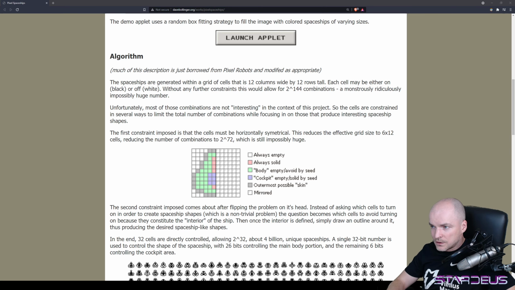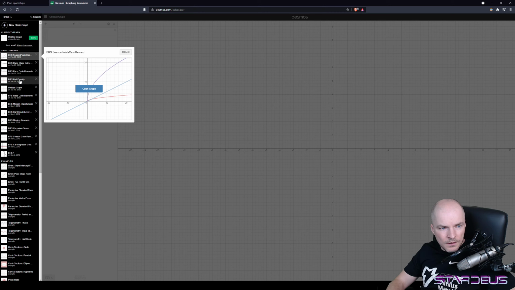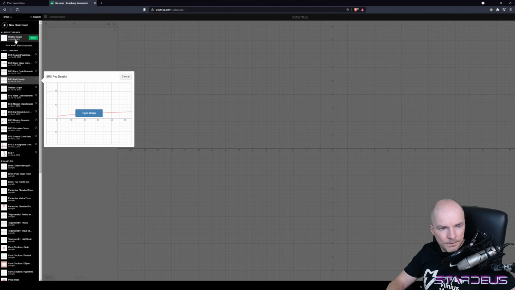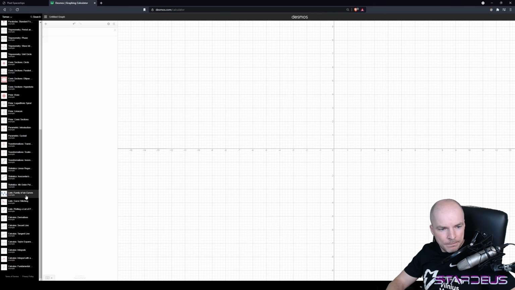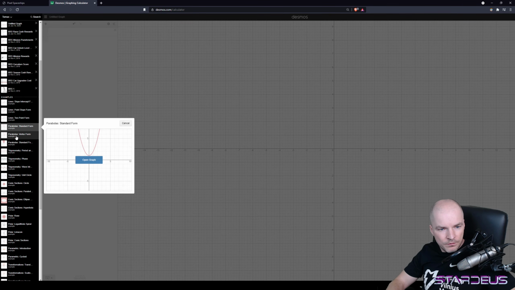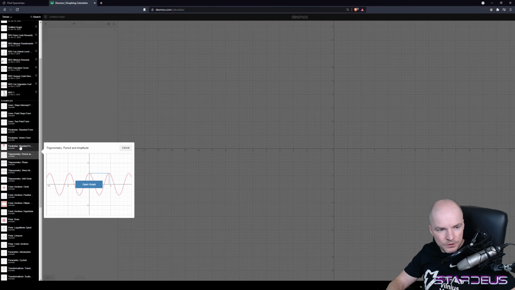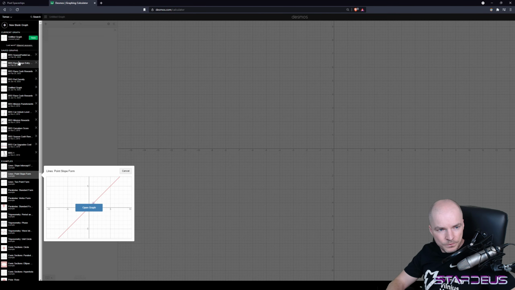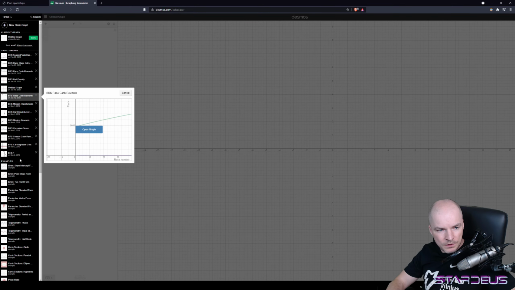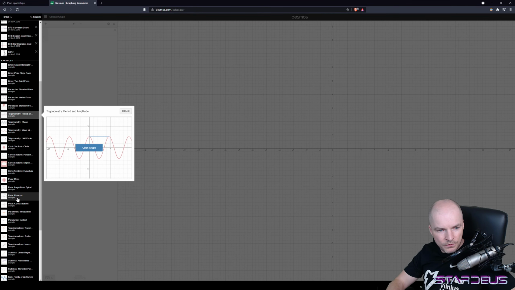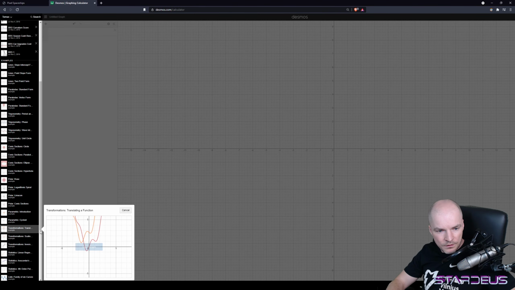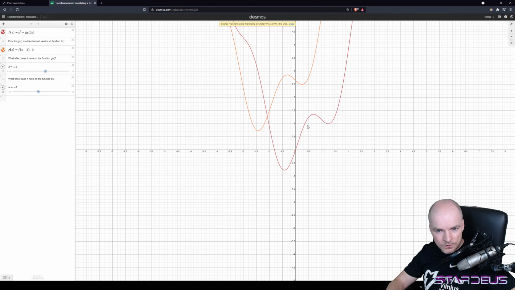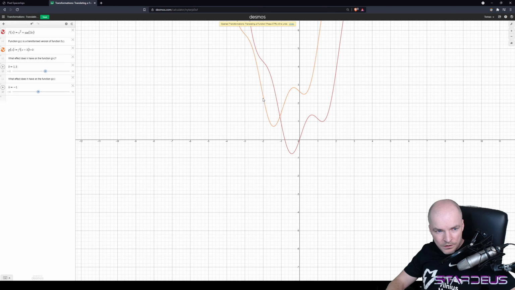But the point is that you can create a mathematical formula which produces some weird shape, and that's what I did for Stardeus. I basically experimented with math. Like, let's take a look at this one. You can tweak these things to change their shape, right? You can add more variables here, for example,